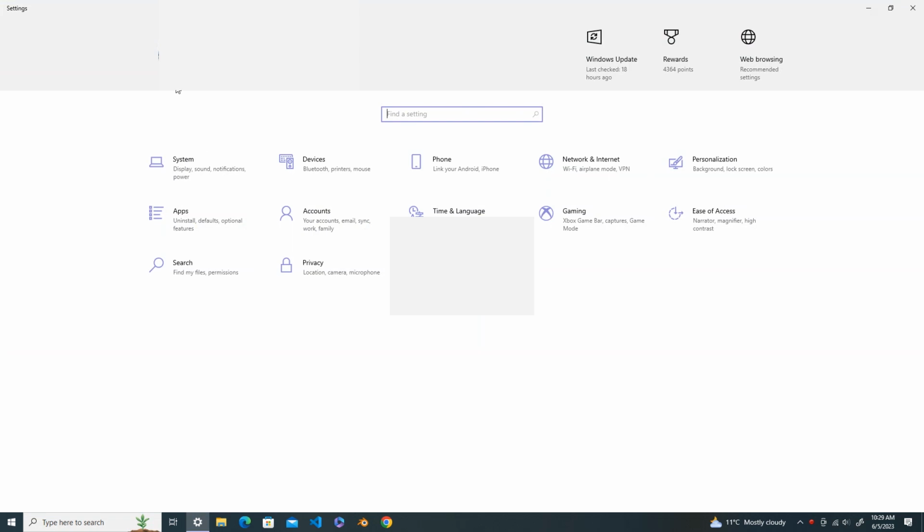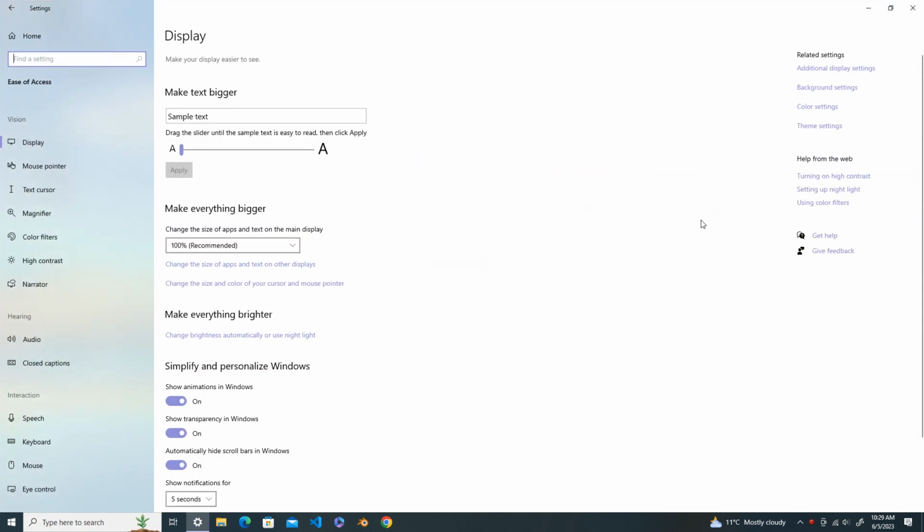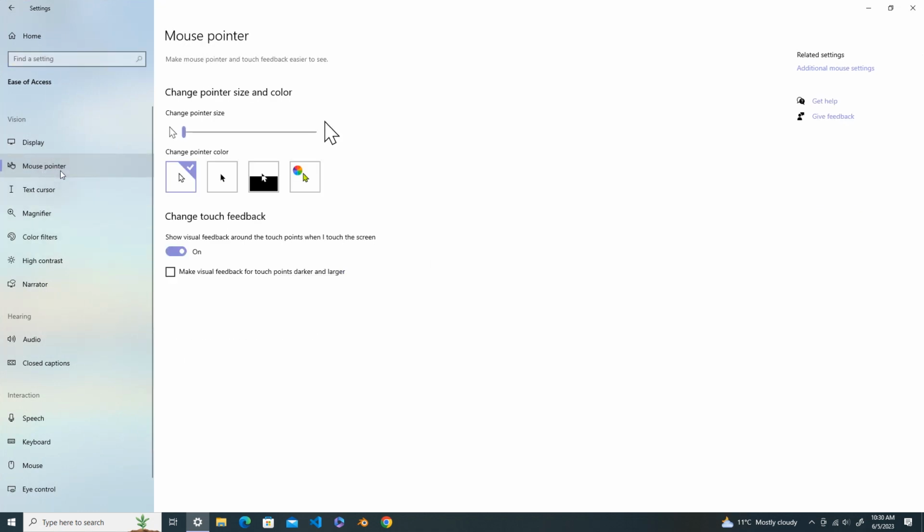Once your settings app opens, go to Ease of Access and then go to the mouse pointer here. If you want your mouse cursor to be bigger, slide this one and increase the value. The more you slide it, the bigger the cursor gets. As you can see, my cursor is getting bigger. It was smaller before. I'll show you again. See, firstly it's small. As soon as I increase the size, it's going bigger and bigger and bigger,